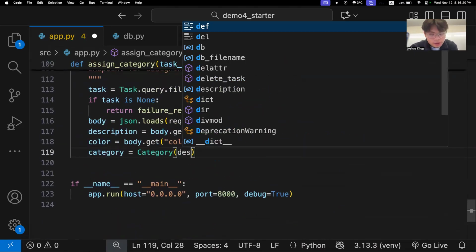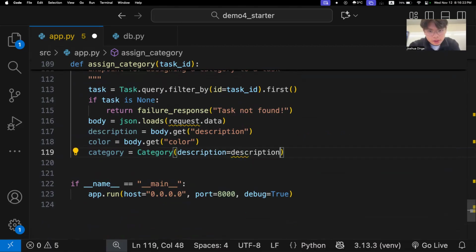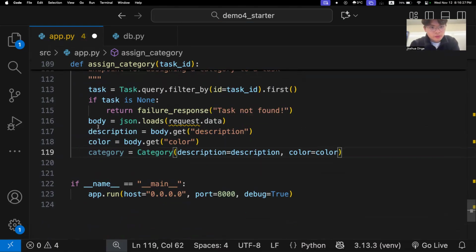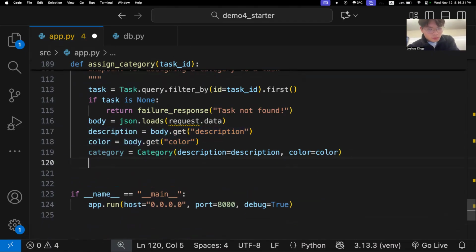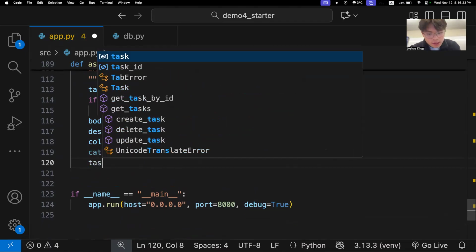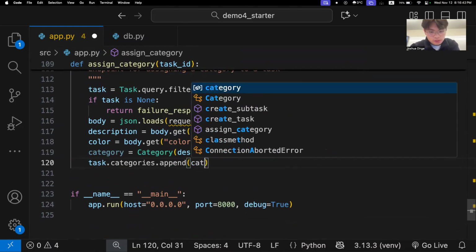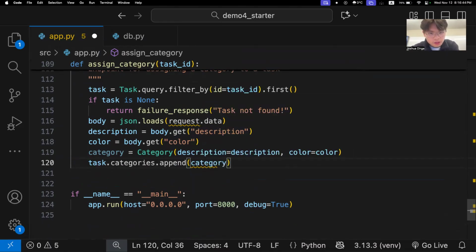The category instance will have the description, which is the description we already have. The color is also the color that we got from here. And then all we have to do is task.categories